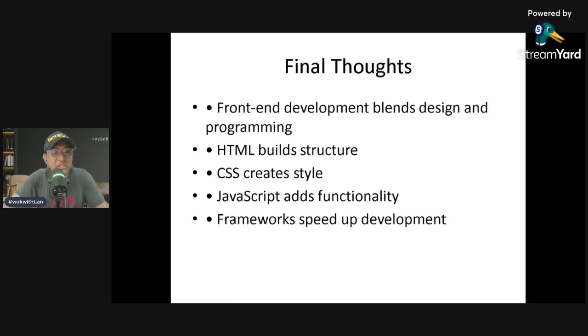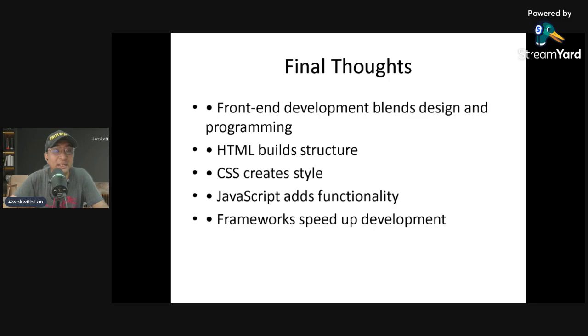So let's summarize what we have learned today, my dear friends. There are two things that we need to know with website development. We have the front end and we have the back end. Today we have learned about front end development, and it focuses on the visual and interactive part of a website. Everything that you see on your screen, and then it adds interactivity. That is the front end.